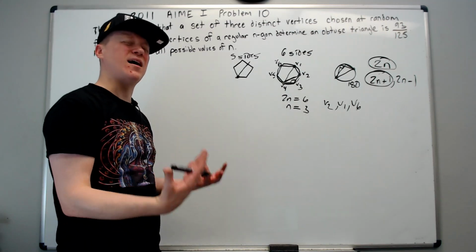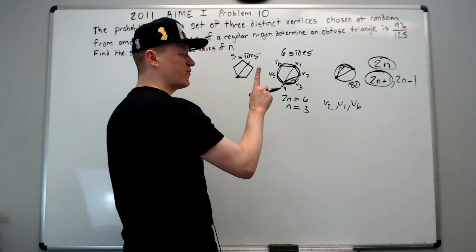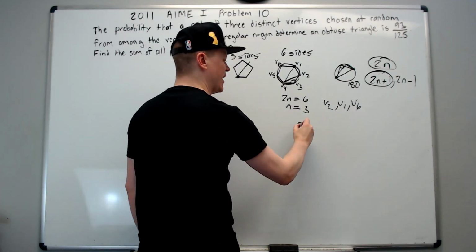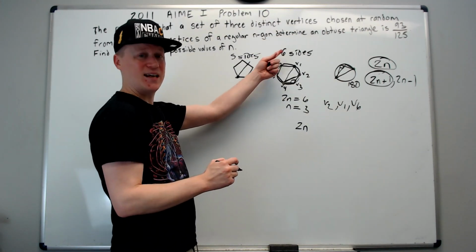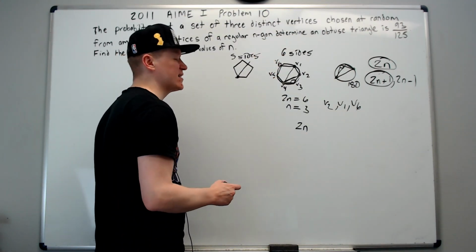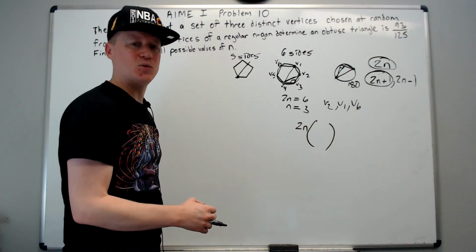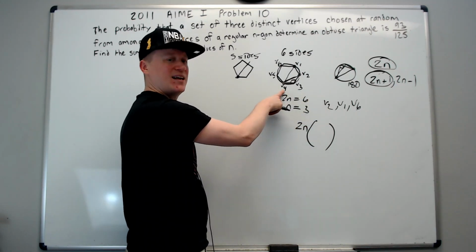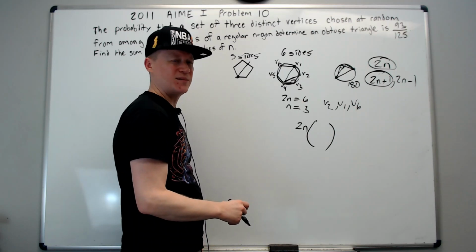We need to use combinations, so we're going to say choose for combinations. First, my first choice that I make is which is the leftmost point. I'm going to have 2n choices for that, for the case of having an even number of sides. And then the second choice is what other 2 points do I use? Since this is my leftmost point, the 2 points to the right of it are the ones I get to choose from.